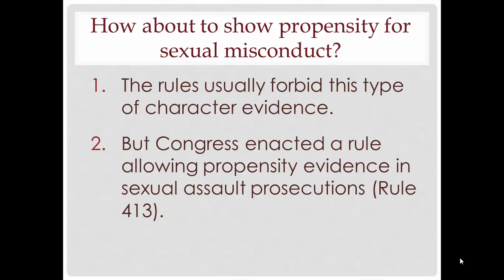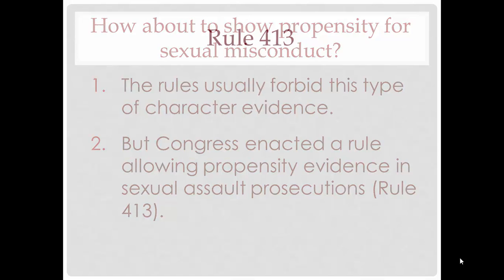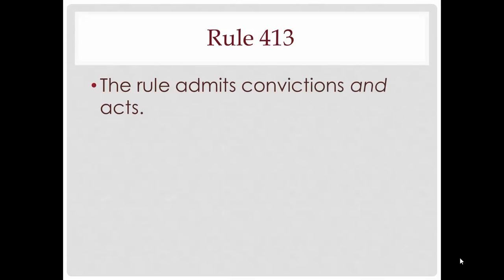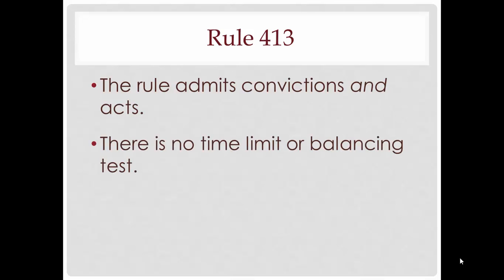You don't have to cite rule numbers on the final exam, but using them can make it easier for you to write your answer. Now you need to analyze application of this rule, just as a judge might in this case. The first thing a judge might note is that the rule admits any type of evidence that the defendant committed any other sexual assault. The rule is not limited to prior convictions, so both the conviction and the underlying acts are potentially admissible here. Second, there is no time limit on evidence admitted under Rule 413, nor is there any balancing test. Klaus's misdemeanor conviction and the allegations underlying that conviction both seem like fair game for admission.